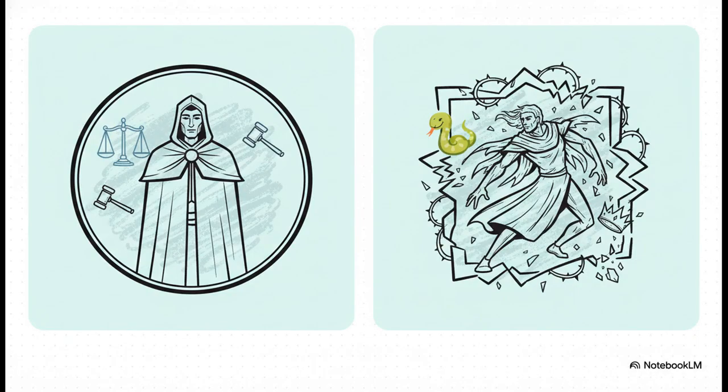Well, it turns out the Hebrew Bible actually gives us two completely distinct characters that only much later get merged into one. On one hand, you have the adversary, the heavenly prosecutor, a member of the divine council. And on the other hand, you have the rebel, a primordial deceiver who gets kicked out of heaven. These are two very, very different profiles.